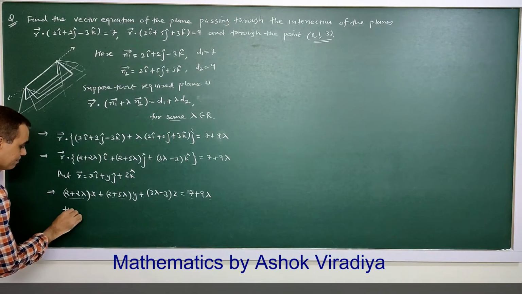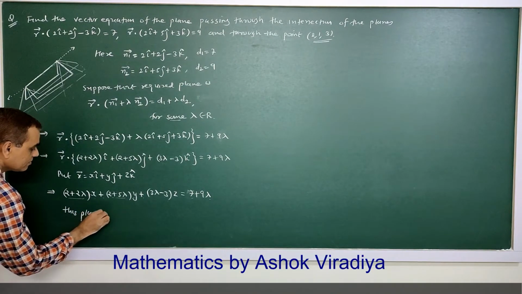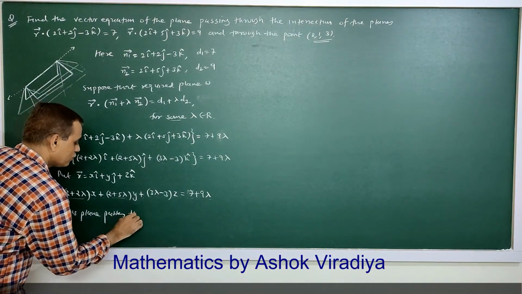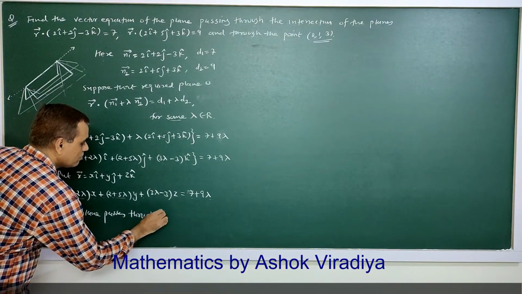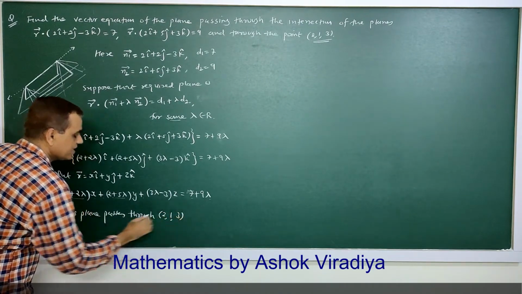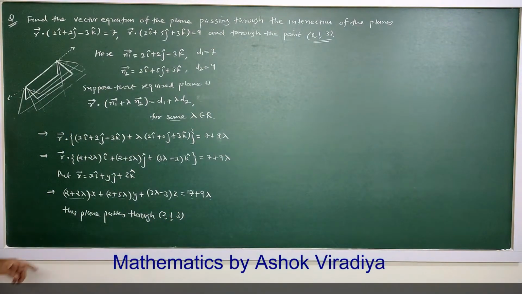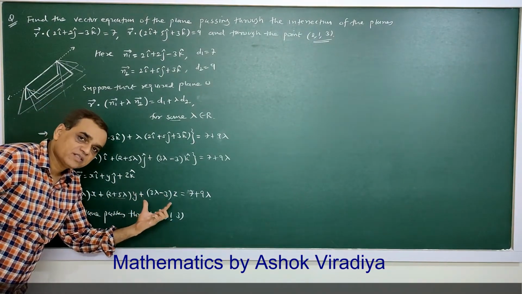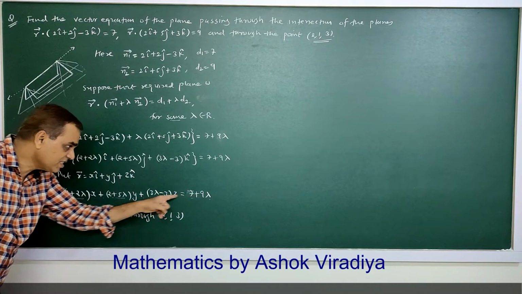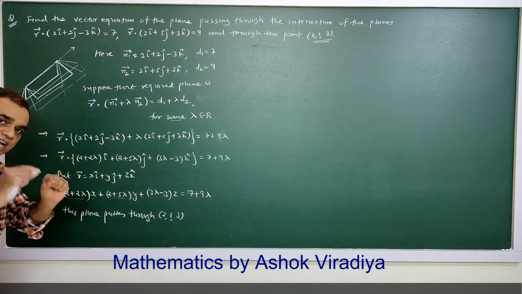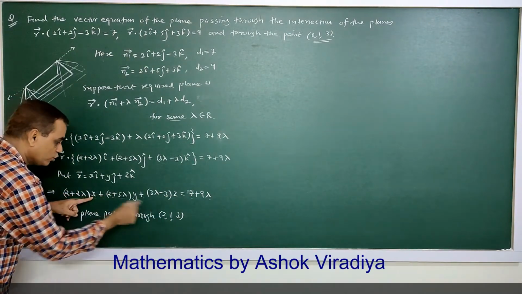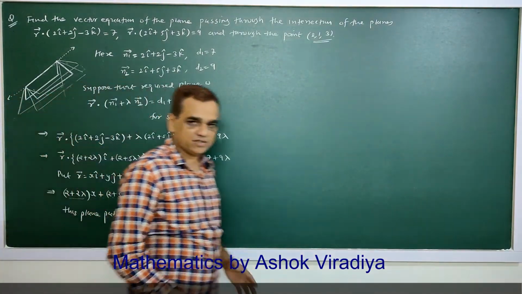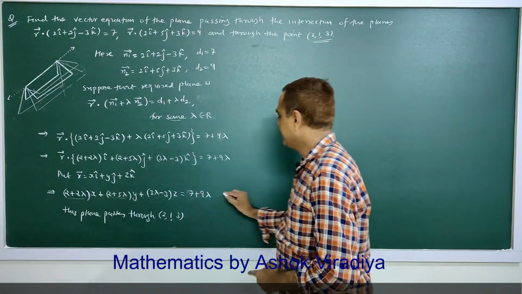This plane passes through the point (2, 1, 3). Because the plane passes through (2, 1, 3), this point will satisfy the equation. So we are allowed to put x equal to 2, y equal to 1, z equal to 3 in this equation. So putting in equation 1,